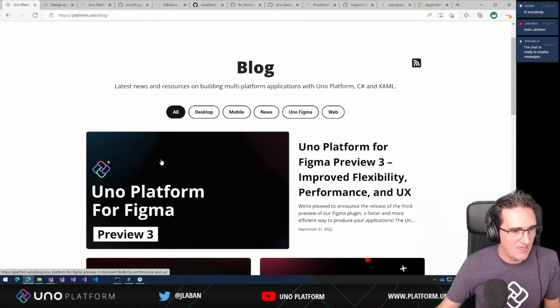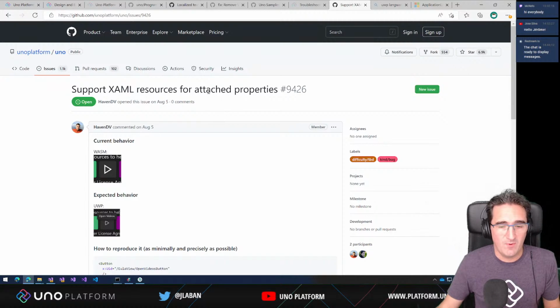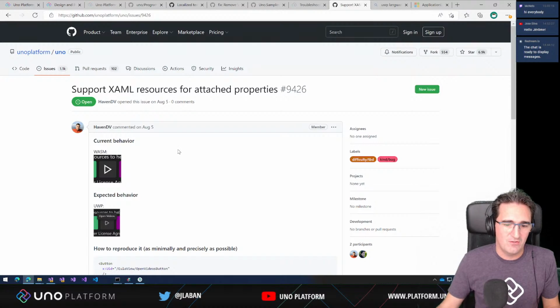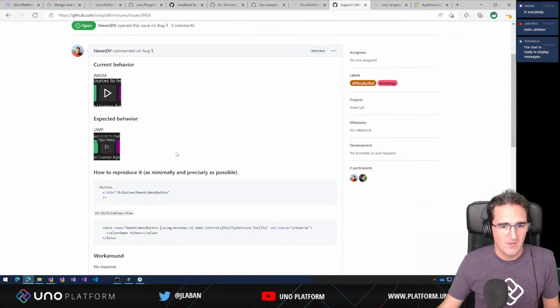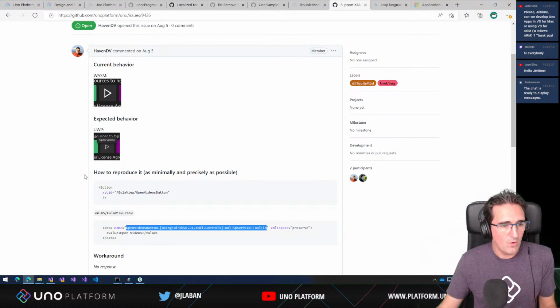Now let's take a look at our issue for this week, which is the support for attached properties. It's an issue that I've been working on for the past few weeks, trying to get to something that works properly. As a reminder, the idea here is to have a button, for instance, and have a resw file, a resource file, that can localize one specific property that is not defined on a button. So what we were trying to do,